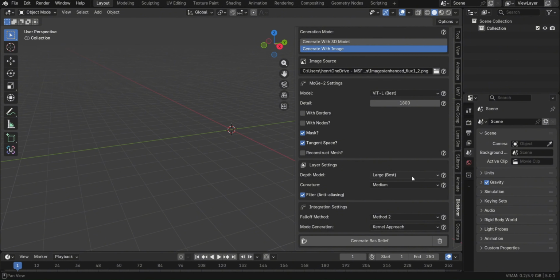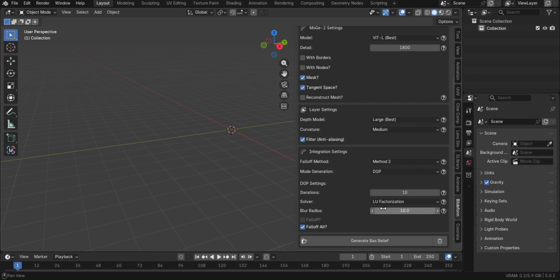Let's discuss the DGP algorithm, discrete geometry processing. While Builderform still includes classic methods like Frankot-Chellappa and kernel approach, DGP is our premium generation engine. It treats pixels as topological coordinates, projecting gradients with a level of realism that mimics physical carving. It requires a brief moment of processing, usually under 2 minutes, but the fidelity it preserves in transitions and planes